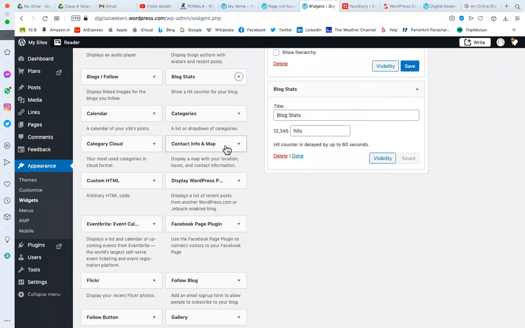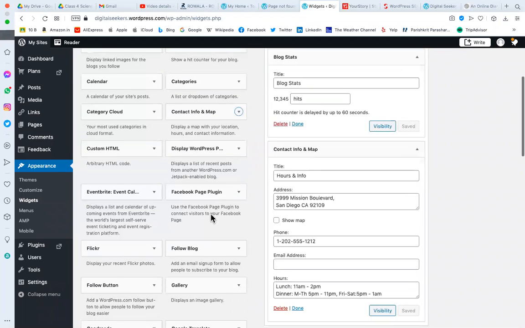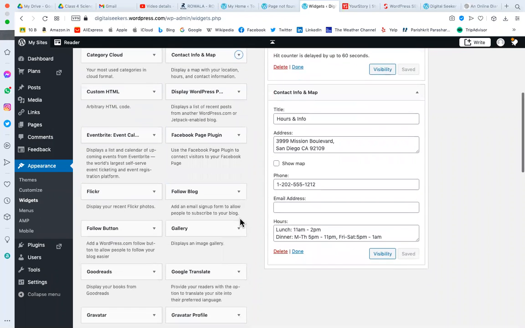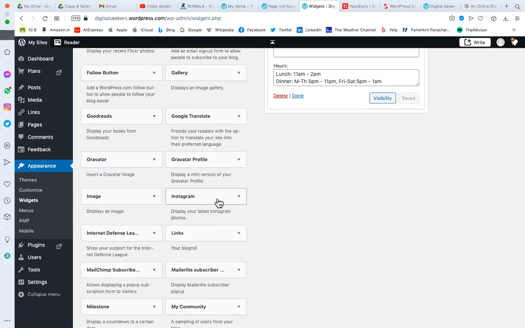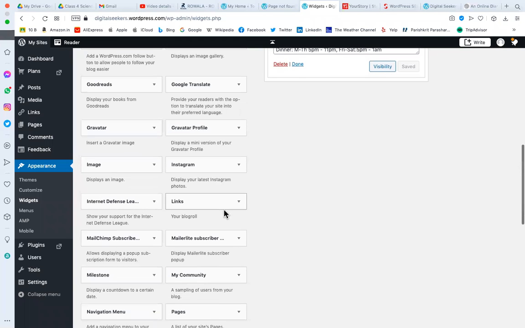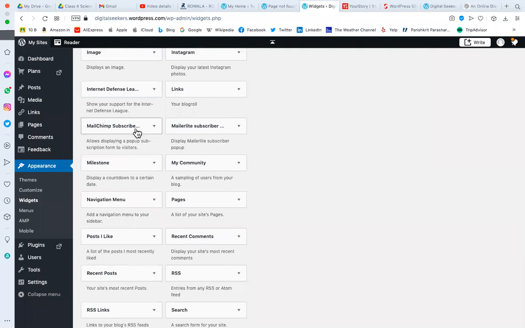I want to show contact and map, a Facebook plugin, and an image gallery in the footer. I can show whatever I am updating on Instagram on my website. I can show important links and important images. I can ask people to subscribe to my blog.